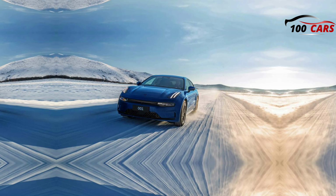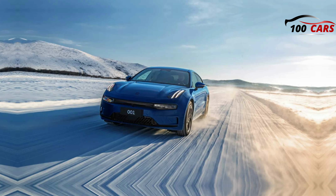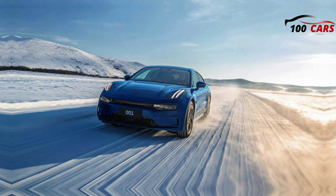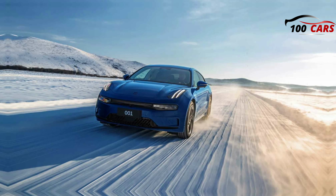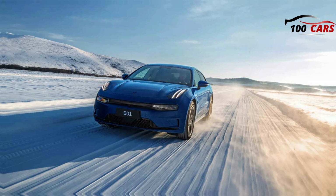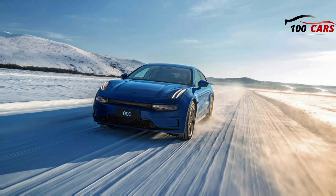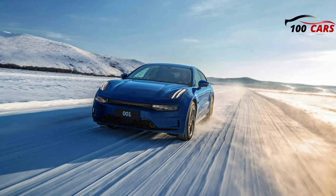Geely has recently unveiled a refreshed variant of the Zeekr 001 EV, which is presently available in China with a 140 kWh battery pack that can take it in excess of 1,000 kilometers, 620 miles, on one charge. That must be the biggest battery we are aware of in a production vehicle of this kind, which should in theory make the refreshed 001 the world's longest range BEV, despite the fact that the official range figure may